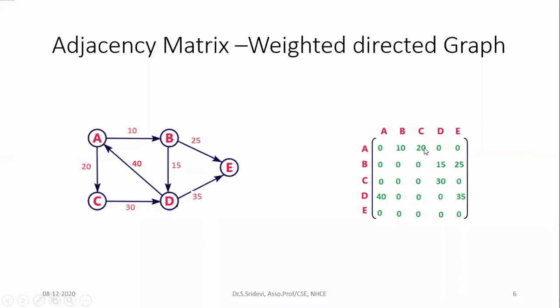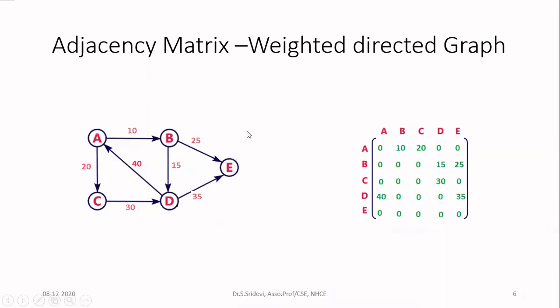Let us now focus on one more node. Let me consider node D. Node D totally has 4 links. Out of the 4 links, 2 are incoming links and 2 are outgoing links. Generally, we are going to write only for the outgoing links. So D has outgoing links to A as well as E. So take the row of D. For A and E only, we are going to write some value. The value is nothing but the weight of that particular edge. So A is connected by an edge with weight 40 and E with 35. So for A, I am writing 40. Then for E, it is 35.